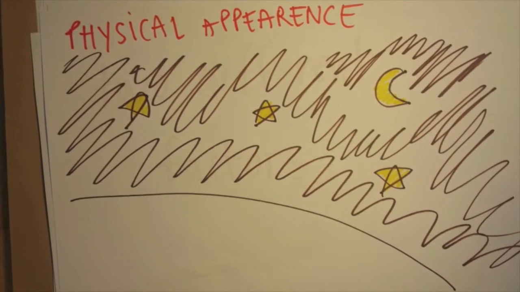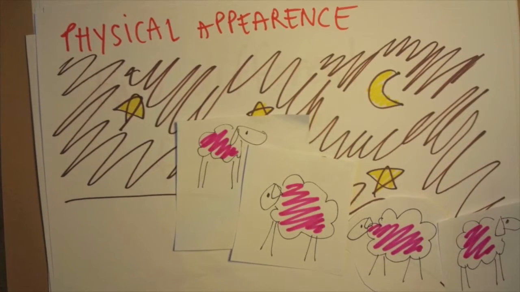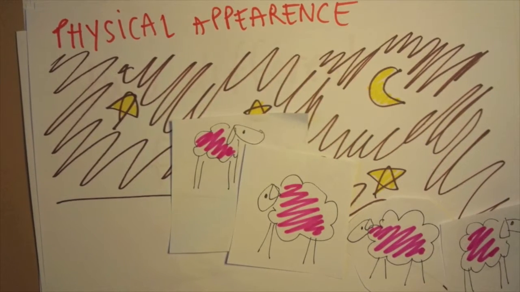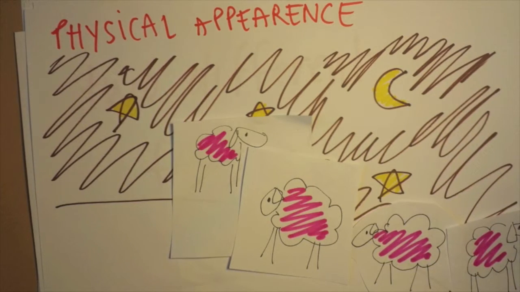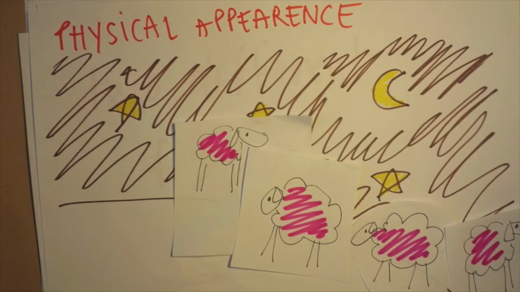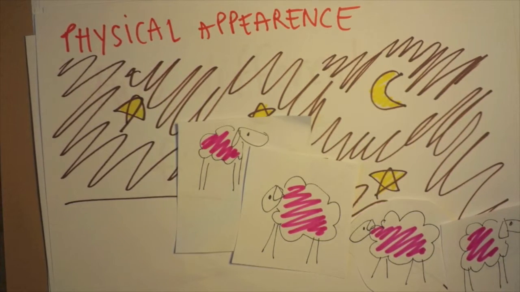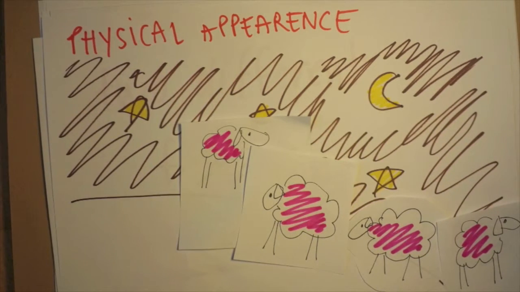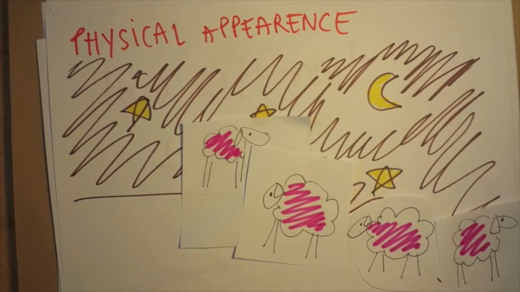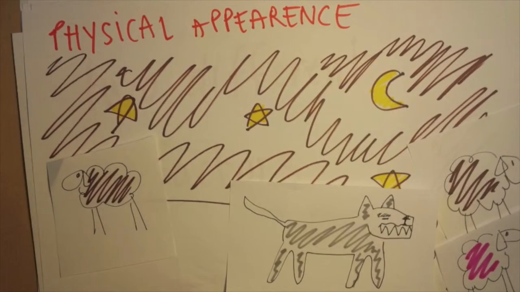Okay, here we are with a pack of neon pink sheep. Now, these neon pink sheep are very pretty, but when in the dark, they can be seen very easily. This means that when the wolf comes around and he's really hungry and he really wants to eat some sheep, well, he'll very easily spot his prey and bye-bye sheep.